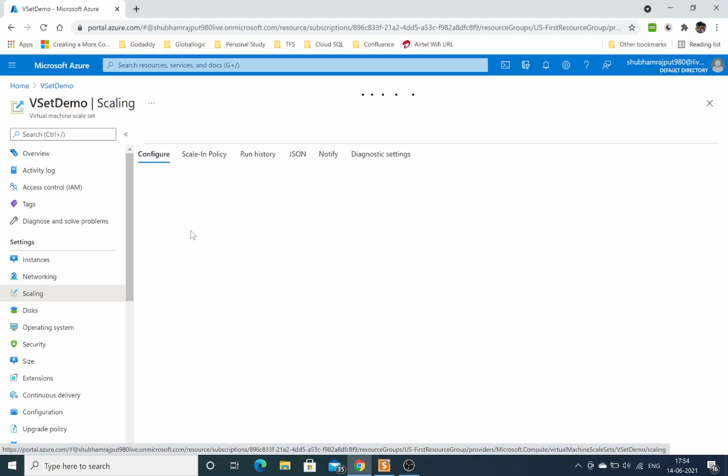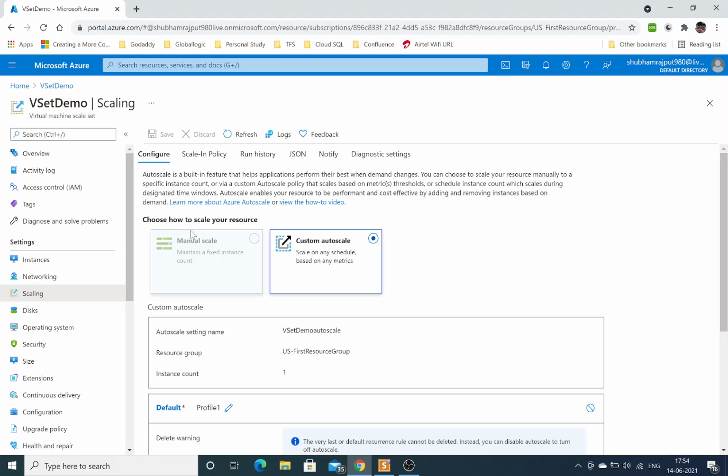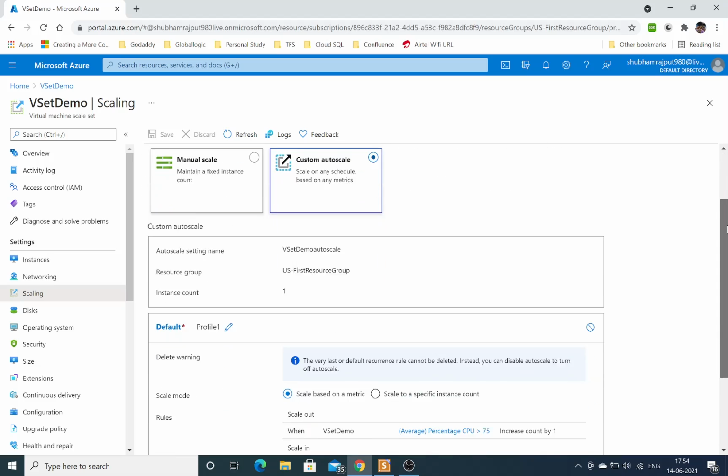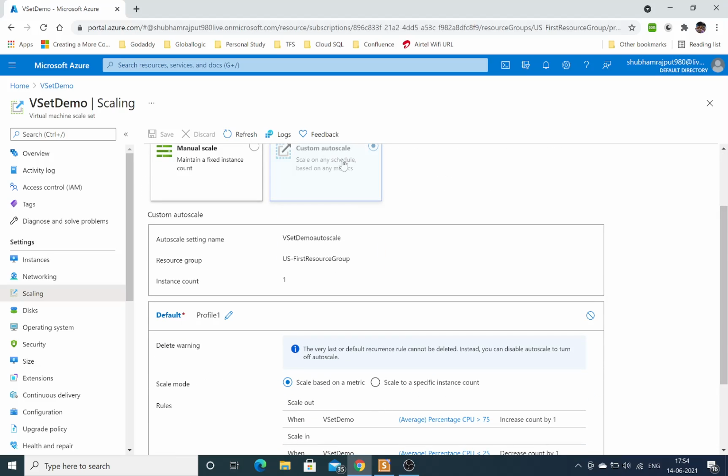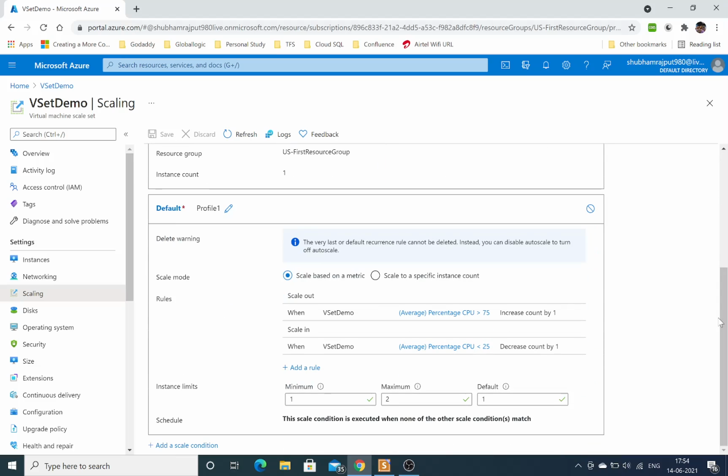If you come into the scaling section, as we have already seen, there are two options, manual and custom. In custom autoscale we have provided a lot of information: increase count by 1 when CPU utilization is 75% in the scale out scenario, and in the scale in scenario, whenever CPU percentage goes down to 25%, it will decrease by 1, which we have already created.